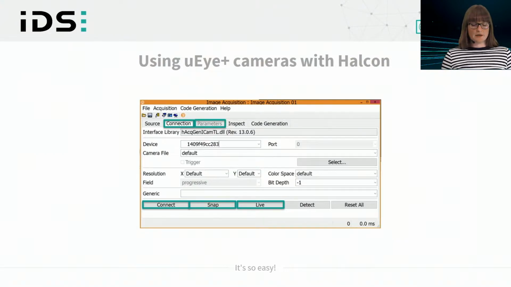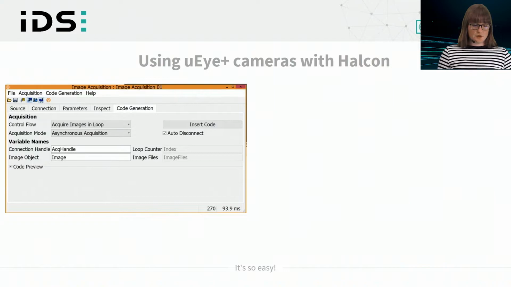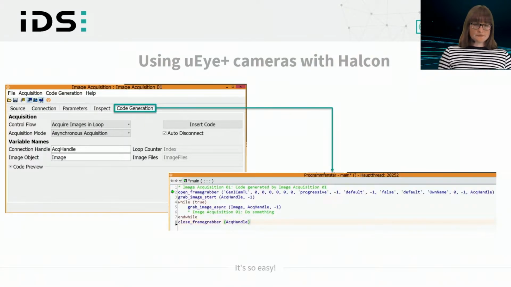Snap would be a single image acquisition, and Live, of course, would be the live mode. With Halcon, you also have the possibility to do code generation. That means that all the steps you have done before, like choosing your interface, doing the connection, starting an image acquisition, get inserted as code in your script, and you can continue with your image processing.